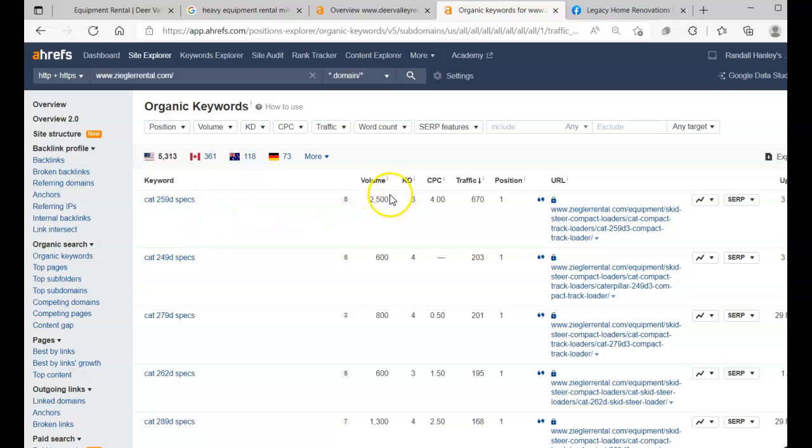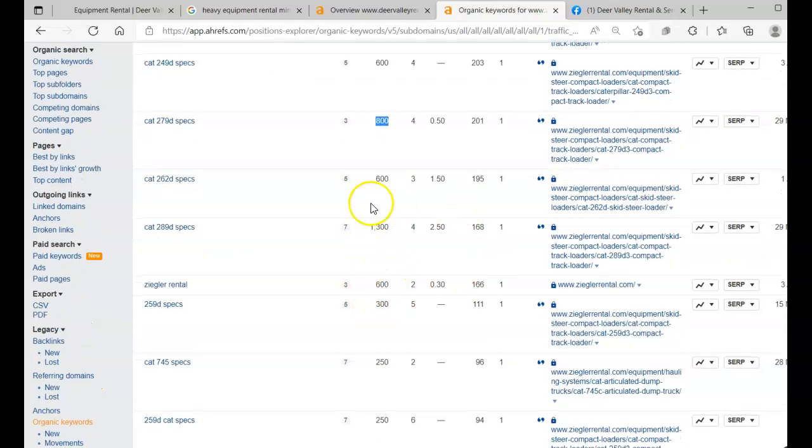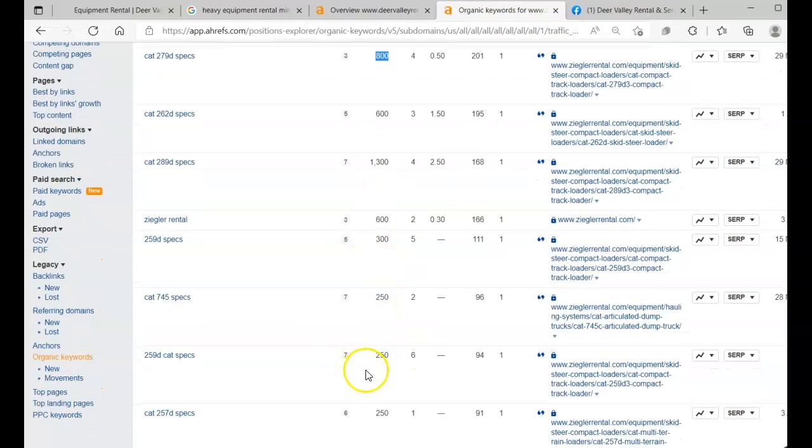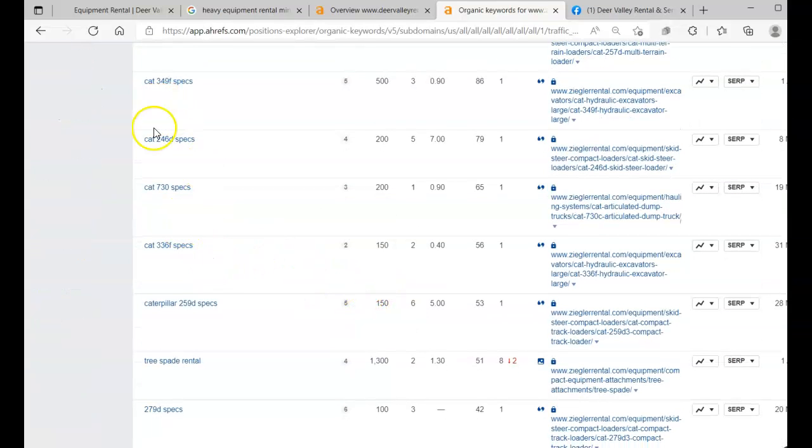So they have things like this. There's 2,500 search volume for Cat 259D specs. So we want to have that in our site. Cat 279D specs. There's 800 searches for that, right? We can see all this search volume right here. And we want to get all of these keywords into our website, which you guys probably have a good handful of these,